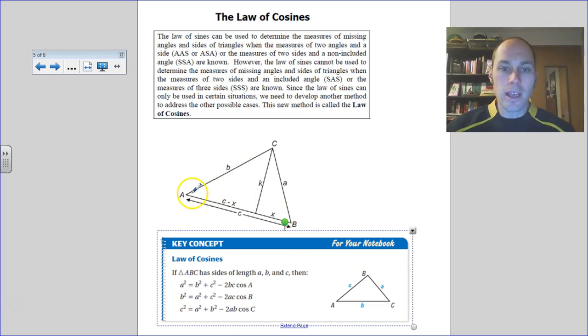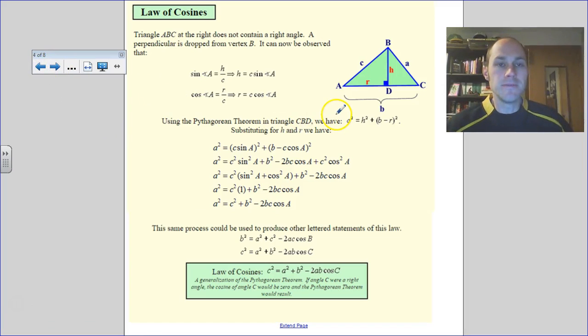Same, we have a triangle with angles A, B, and C, opposite sides a, b, and c, and we come up with this equation: a squared equals b squared plus c squared minus 2bc cosine of A. And the same for b squared and c squared. So if we want to take a look at why this one works, we start off with triangle